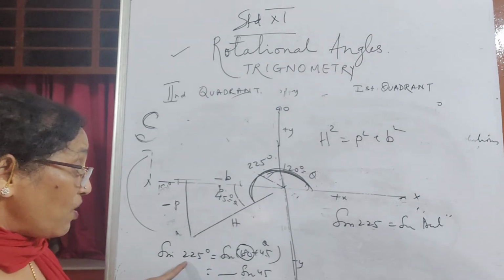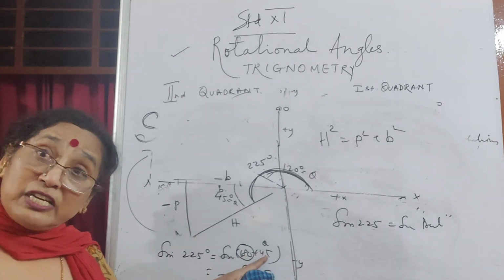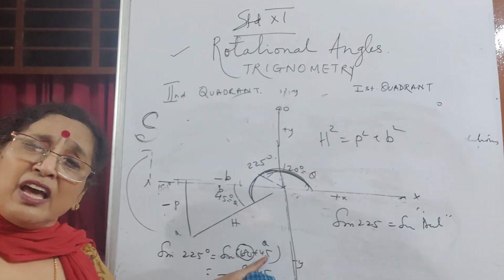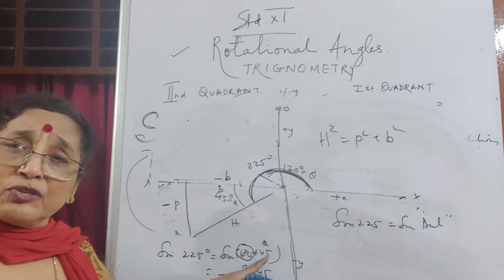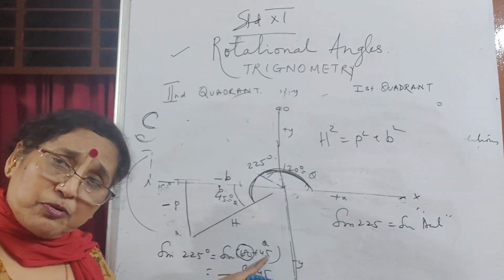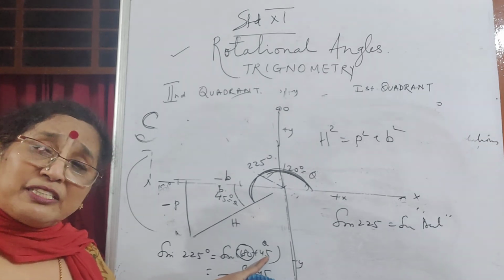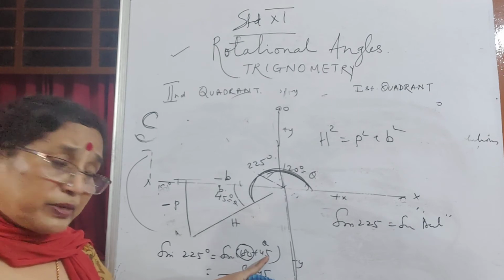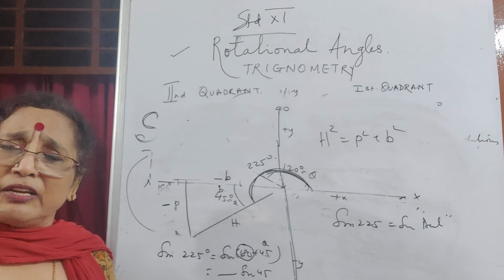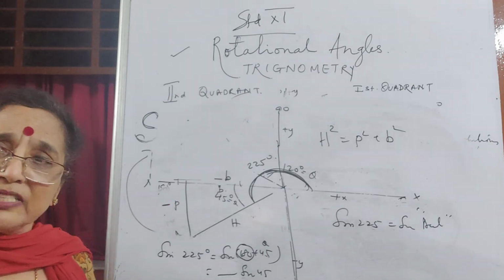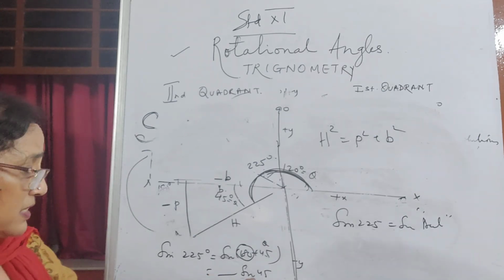Okay, and tan of 225, breaking up into 180 plus 45. So I got the acute angle. Even if it's, say, 180 plus 20, 200 degrees, the excess is 20. So you'll see the tables go: minus sine 20, minus cos 20, and plus tan 20. 180 plus 20. So naturally tan 20's value will be different from sine 20's value. You'll see the tables, right? Sine 30's value and tan 30's value are not the same.